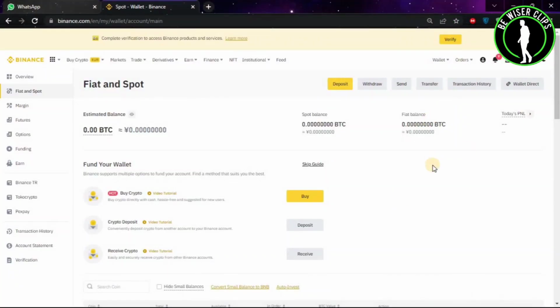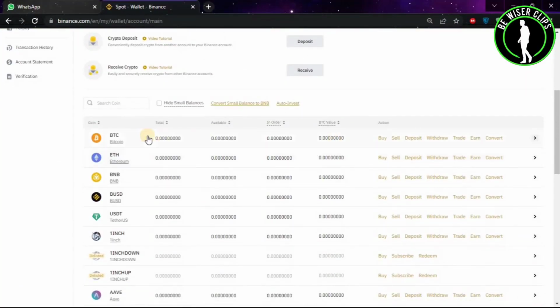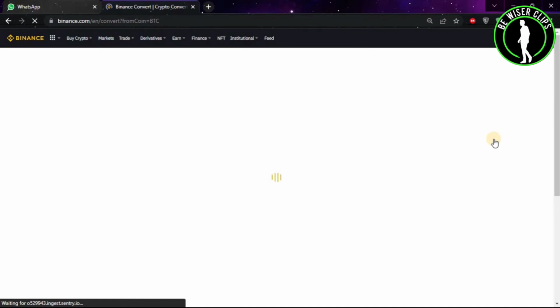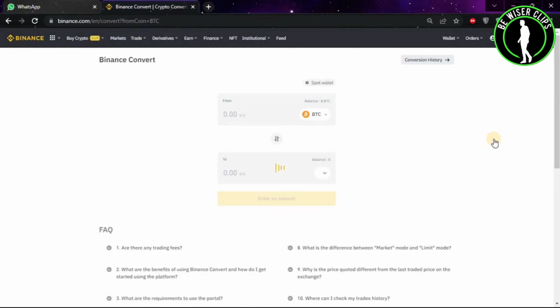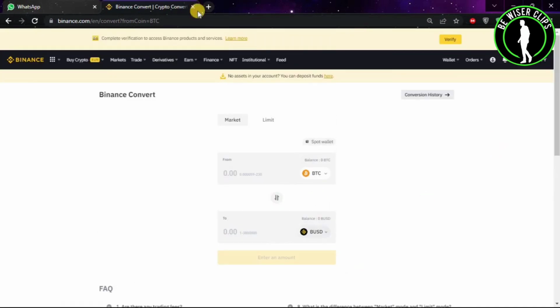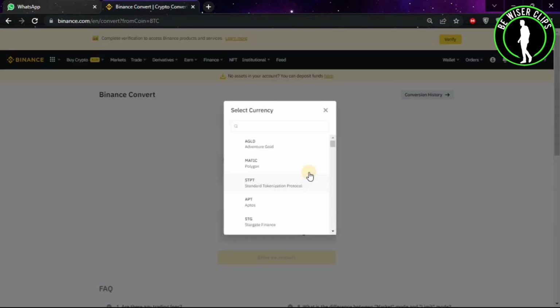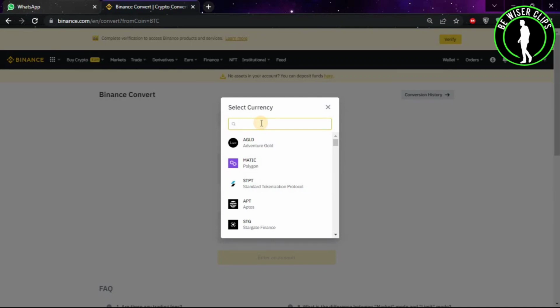So guys, after coming on this window you will scroll down and see the BTC option. Now click on its convert option. So guys, as you can see, after coming on this window you will choose this option and now click here